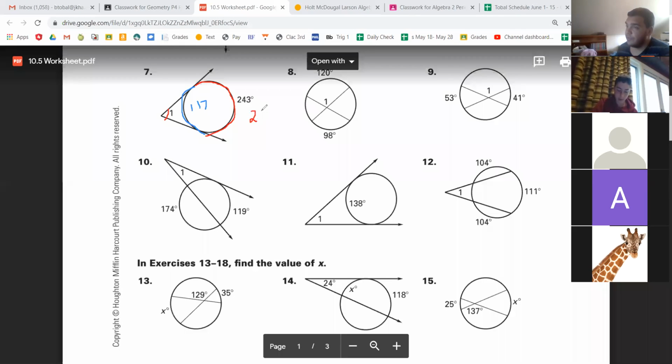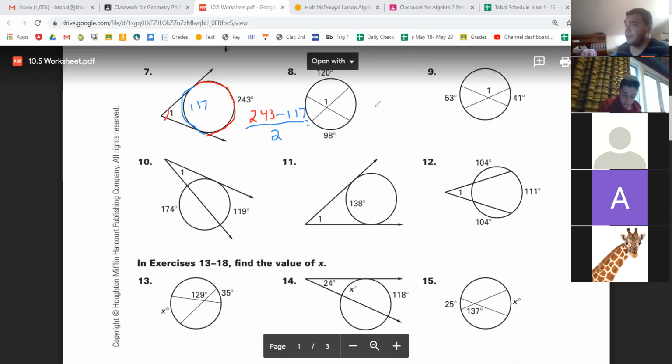So we got 243 minus 117. Remember, when it's outside, you subtract. Divided by 2 is going to give me my angle 1. Okay? So 243 minus 117 is